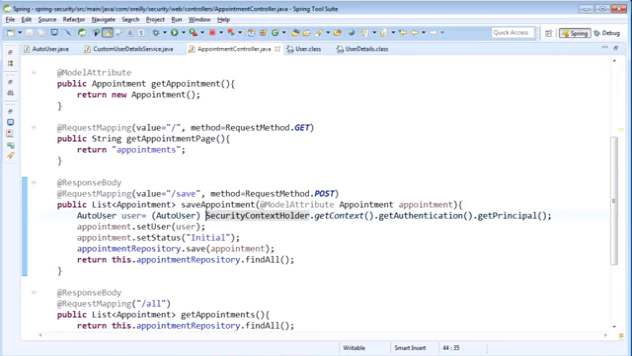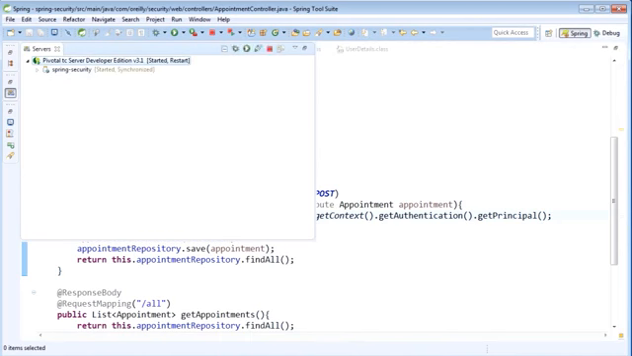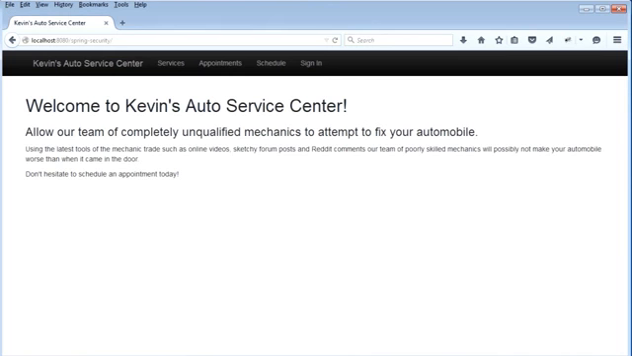What we've done by implementing the user details interface is we've allowed ourselves to store in the security context our application's specific representation of a user, which also conforms to the Spring security expectations of a user. So let's just restart our server now, and we'll run through a demonstration, and we'll see that everything works as we expected. So I'm going to navigate to the application, and I'm going to go to the appointments section, and